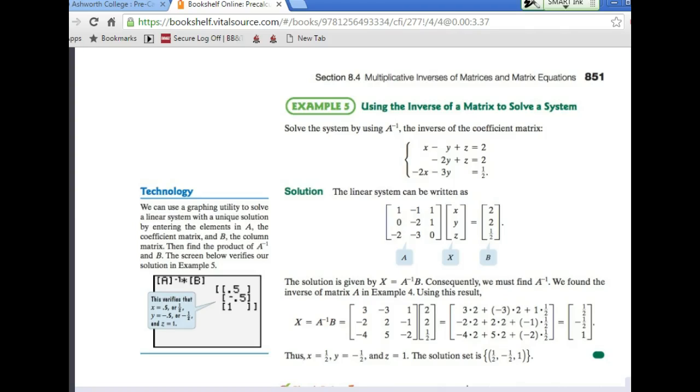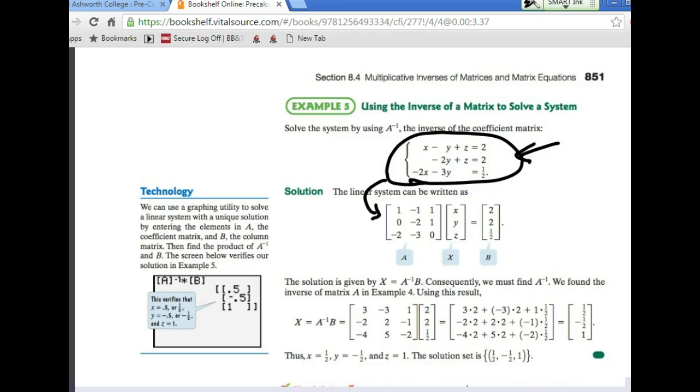Hello, today we're looking at example 5 found in section 8.4 of your pre-calculus part 2 textbook. This is found on page 851. In this particular example, we want to show you how to use an inverse of a matrix to solve a system of equations. As you can see here, we've been given a system of equations right here that of course